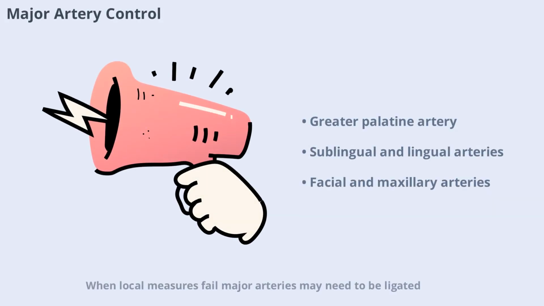When local measures fail, major arteries may need to be ligated. This requires precise anatomical knowledge and careful surgical technique. The greater palatine, sublingual, lingual, facial, maxillary, superficial temporal, and external carotid arteries are all potential sources of significant bleeding in oral surgery. Ligation is performed only when absolutely necessary, as these vessels supply critical regions and have extensive collateral